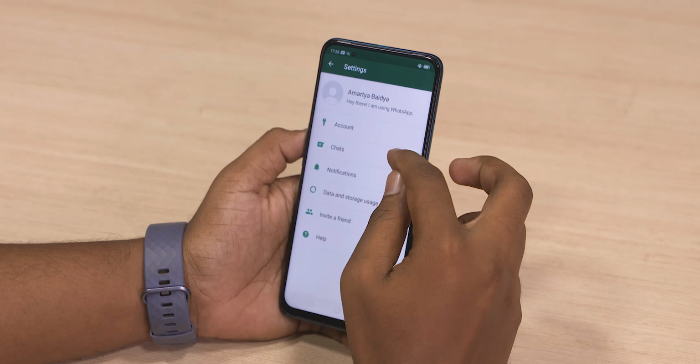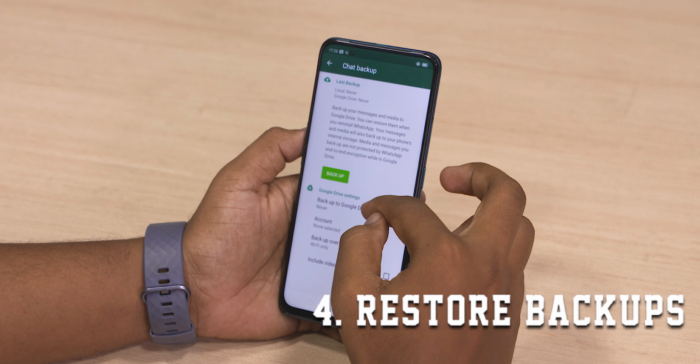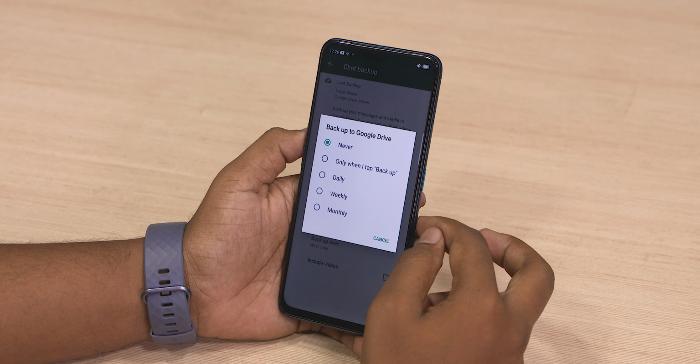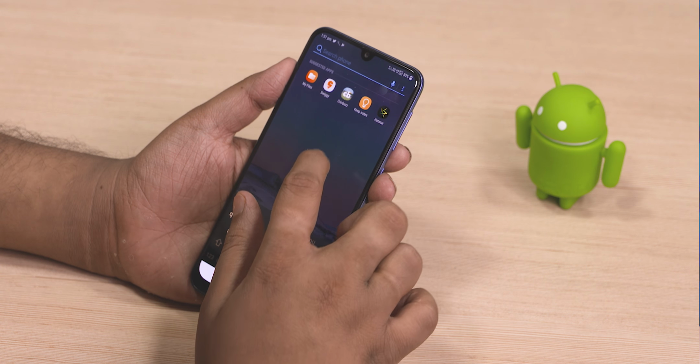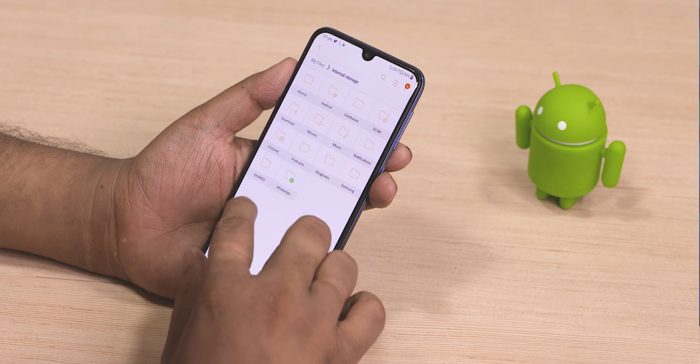Number 4, restoring an older chat backup. Most of you know that WhatsApp does daily backups, right? And if you have online backups enabled, then WhatsApp can back right up to your Google Drive. But here's something you might not have known. WhatsApp keeps local backups of your chats for not one, but the previous 8 days. So if you want to roll back to the messages of any time in the past week, you can do